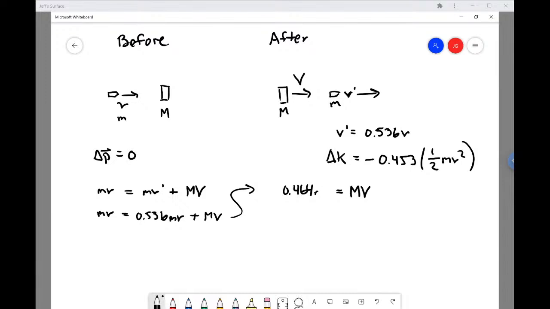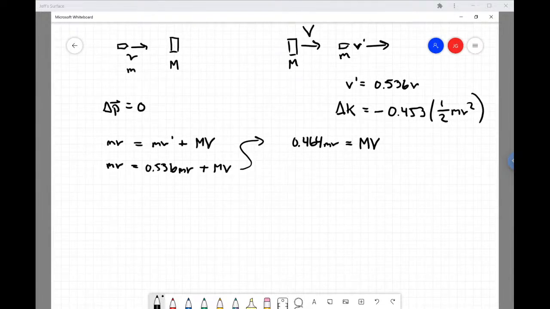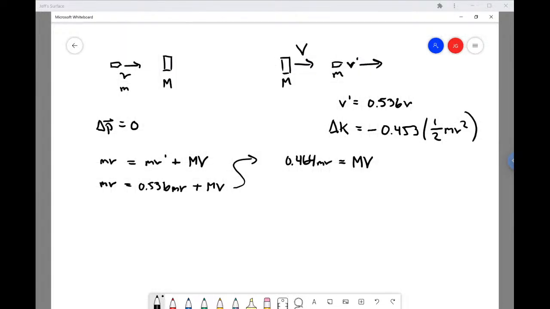0.464 little m, little v. Okay? And so conservation of momentum and the fact that we know the relationship between the initial and the final velocity of the bullet, v prime and little v, we can come up with an expression like this. So now let's do one more step here. I'm going to divide both sides by m little v. So that would give us